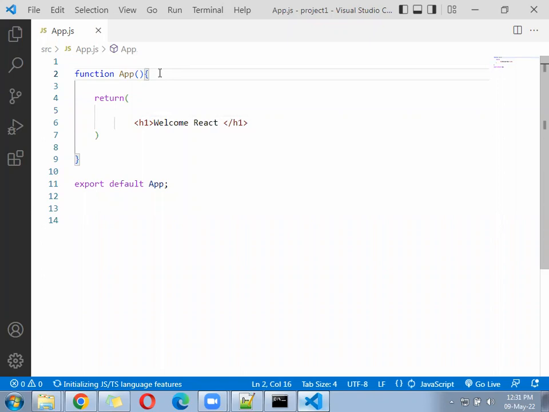Go to the src folder. You will have the app.js file. In the app.js file, delete everything and write a function like this. After writing the function,